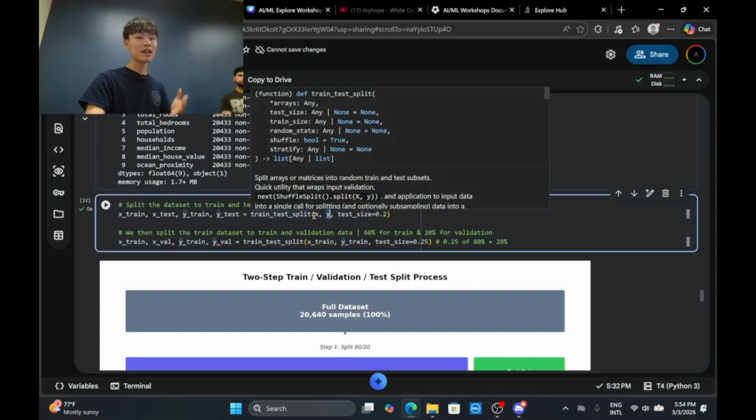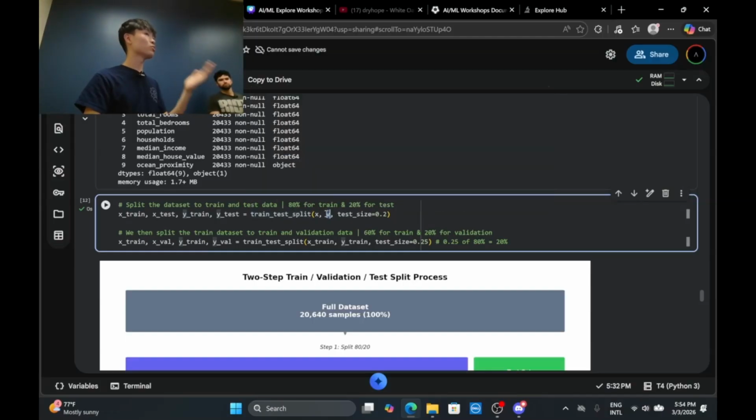You can see it as X is all the features that our model needs to make a prediction, and y is our final prediction goal, which is the housing price.